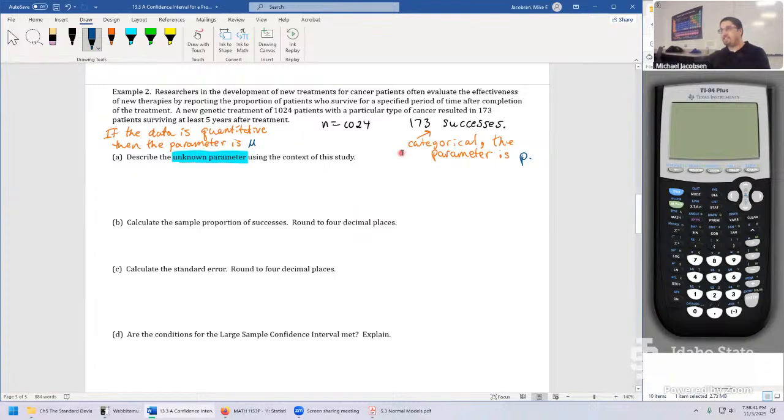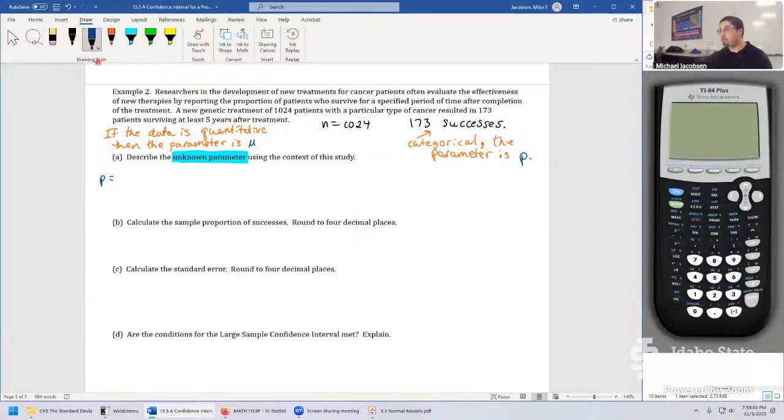So again, this is in context, but thinking of this as a problem on the final exam is definitely tricky because we don't know which chapter it came in from in the final exam problems. So we will always think in these kind of terms to start it off to determine what's the parameter in the first place. But now that we know it's P, let's just fill this in.